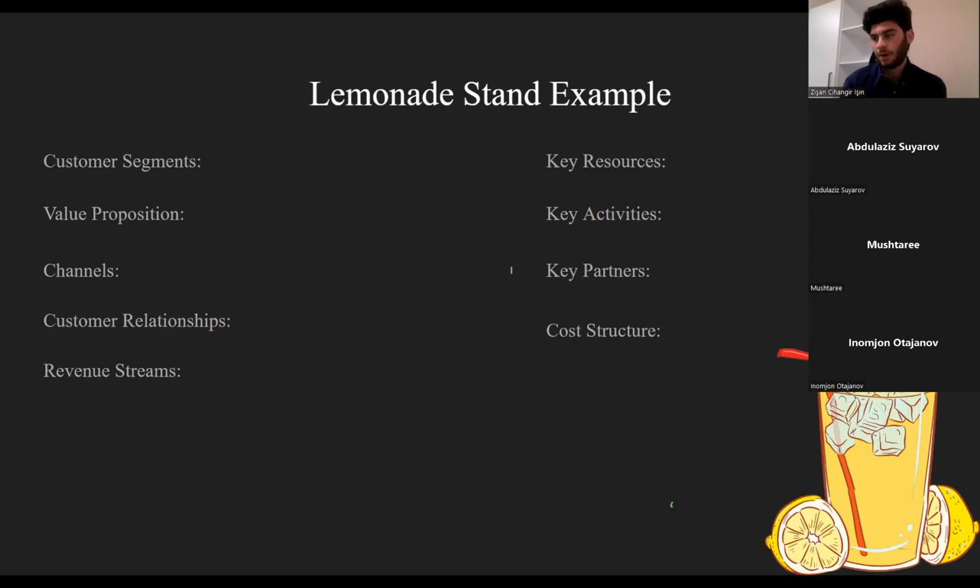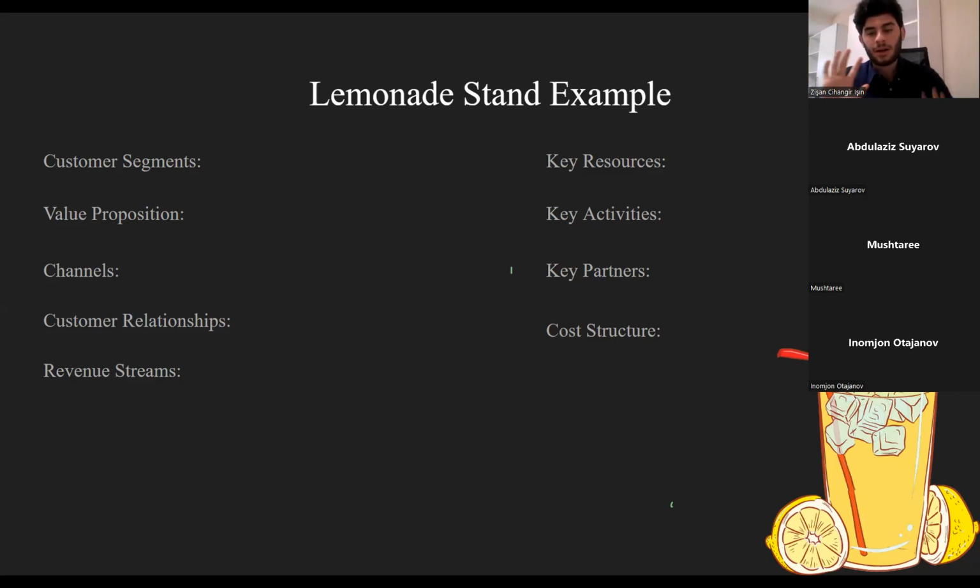In the cost structure part, what's the cost structure in a lemonade selling business? It might be the salaries that you might need to offer. It might be the flyers that you put around in the neighborhood to call people to buy lemonade from you, or it could be the equipment that you make lemonade with, like the things that you squeeze the lemon with. All of these costs, including the ingredients for the lemonade, go into the cost structure.